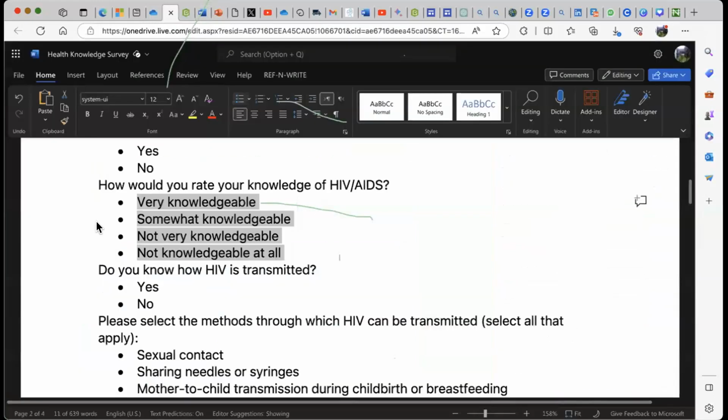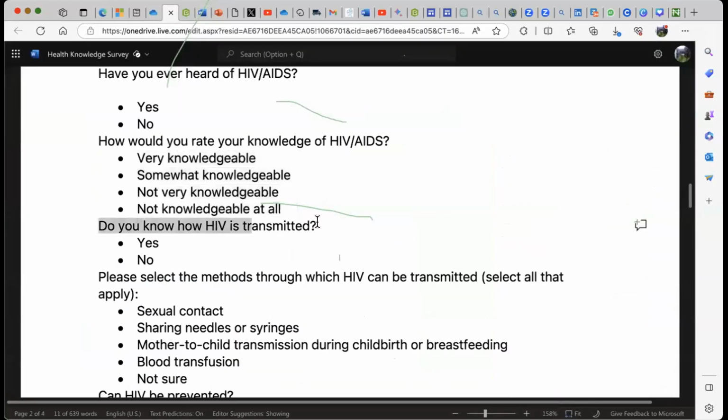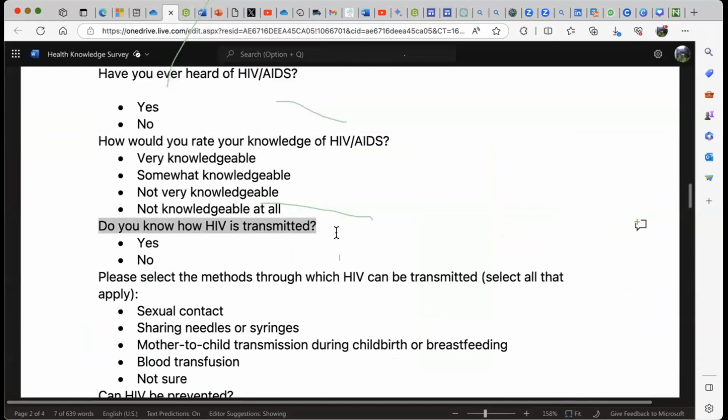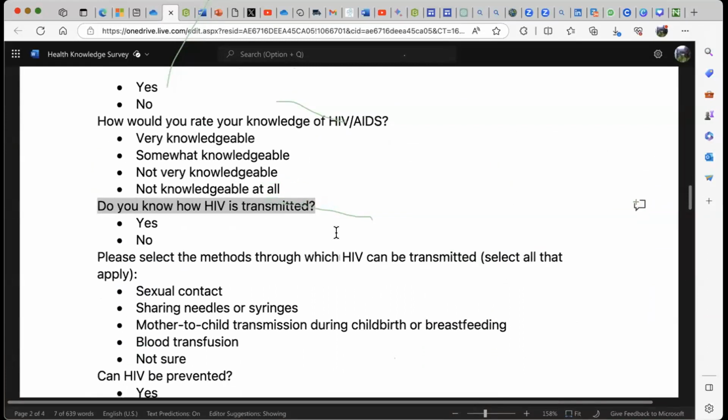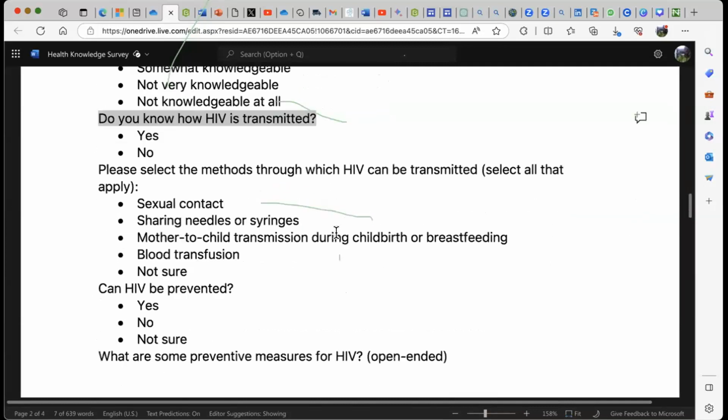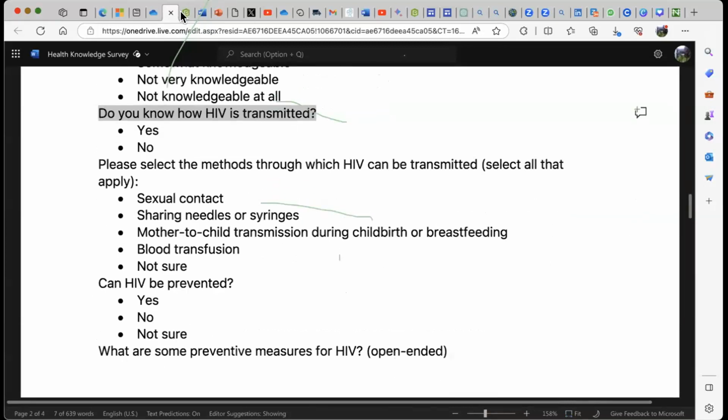Do you know how HIV is transmitted? So now we can make this question a yes or no question. But, for example, if the respondent says no, it's not supposed to see the other sort of questions. So let's try that.